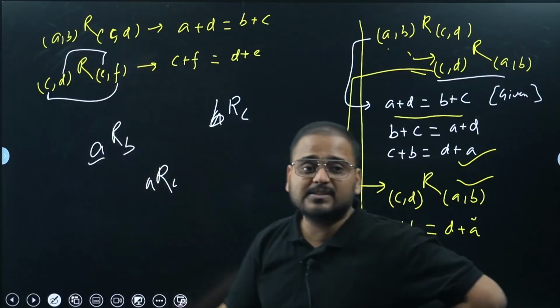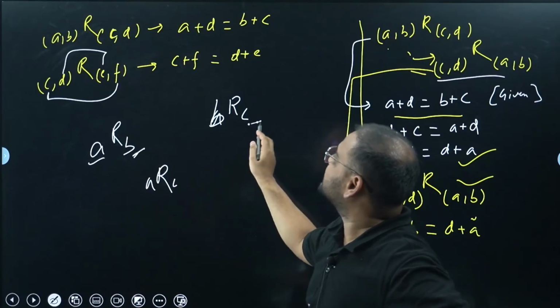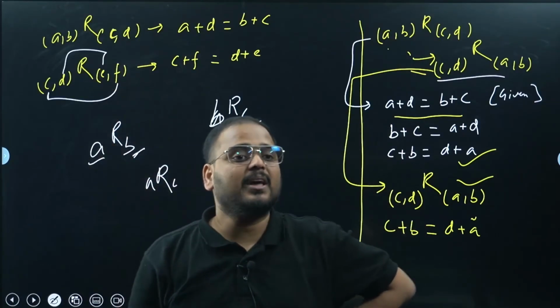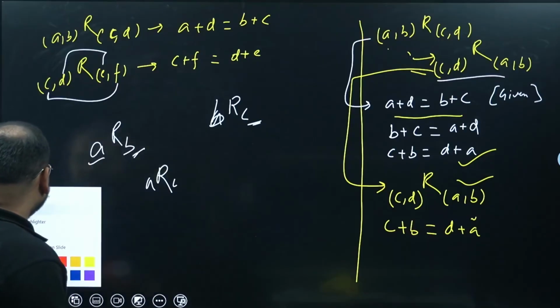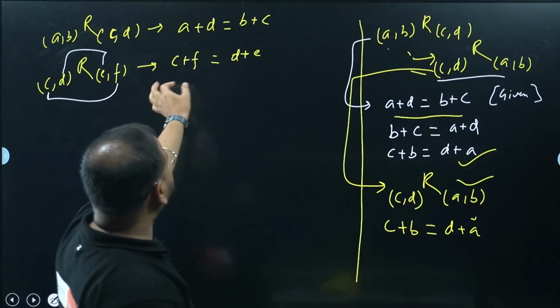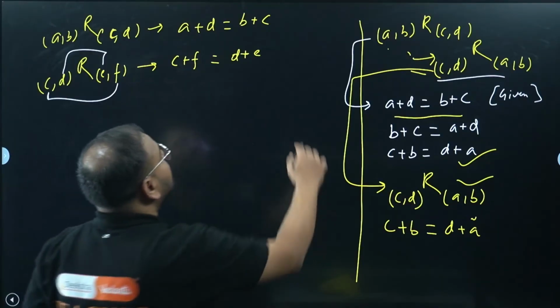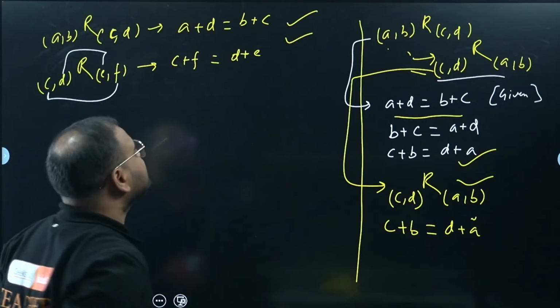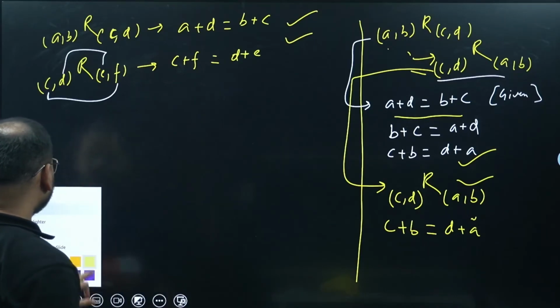This whole C, comma D is my B only. So what is my C? C is my E, comma F. I'll erase this part, not relevant. Just to explain you guys, I took it. So if that is the case, then I have C plus F equals D plus E. These are given conditions. It means it is true. Now we have to reach the conclusion.